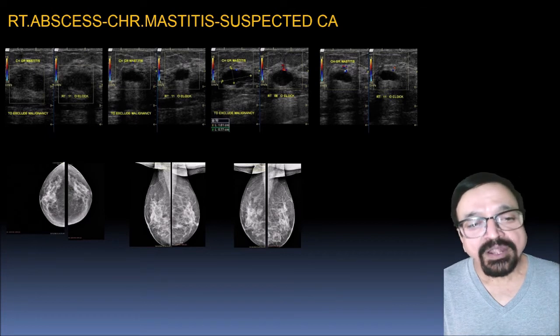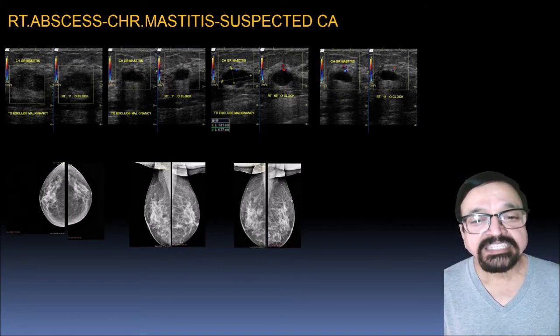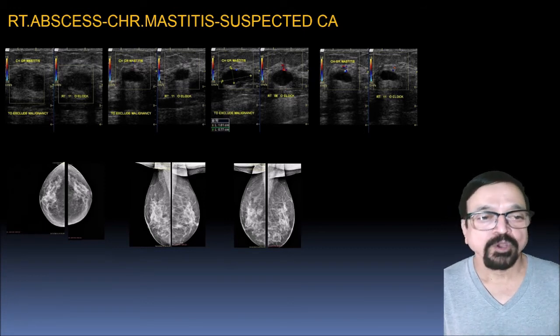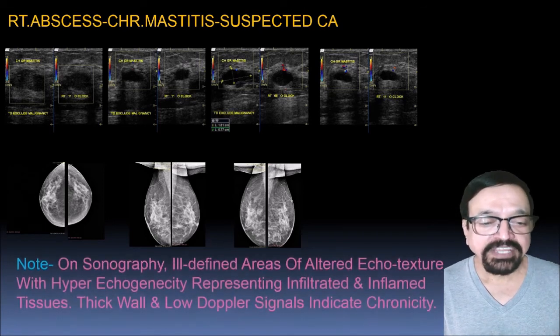Then the acute mastitis can lead to chronic mastitis. Now here the suspicion will be for a malignancy, because the patient will have a lump because of chronicity. It may not be tender, but a detailed history will give you an idea.